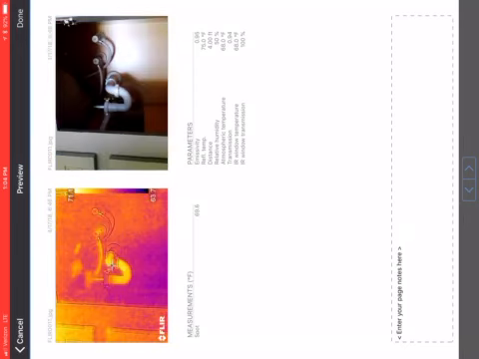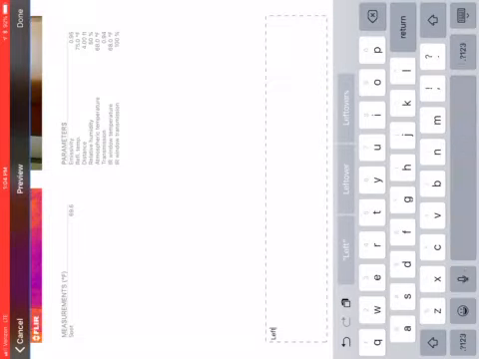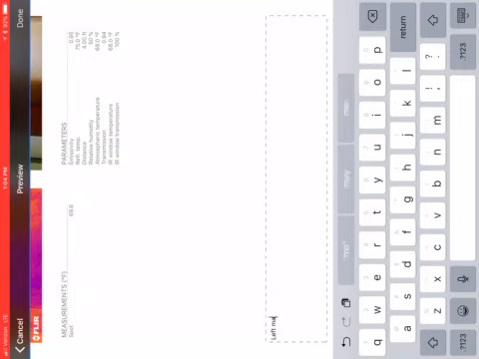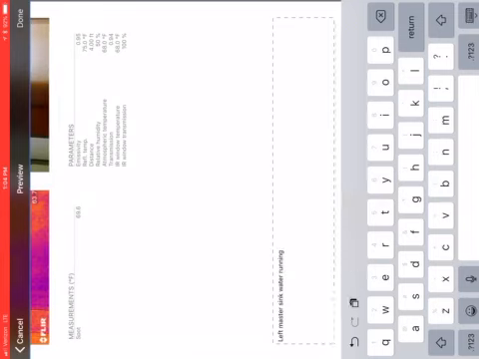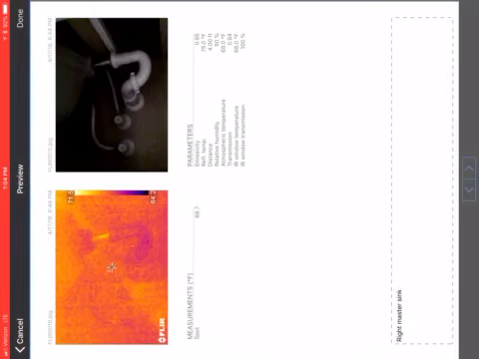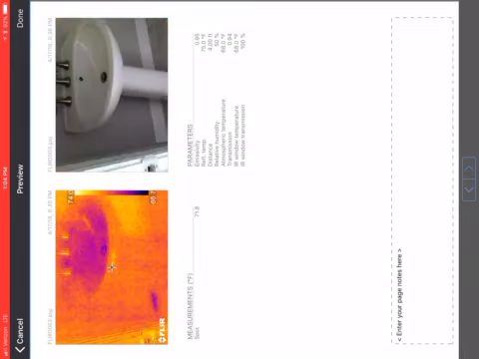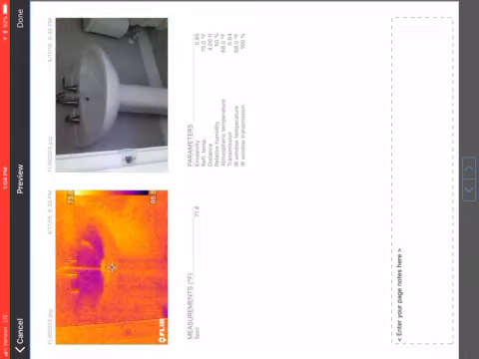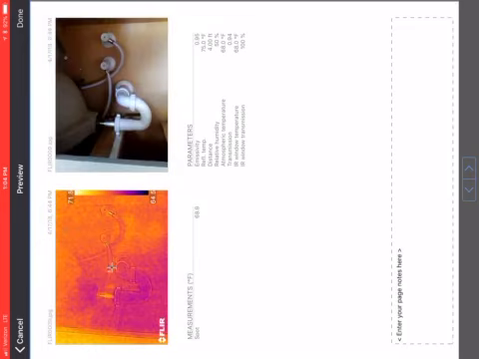We'll label this one the left master. There's master sink, and then this one was the water running. So you can do water running, just like that. And then you'll label every single one of these photos. Now when these photos are all labeled and you've sufficiently described where each photo is,